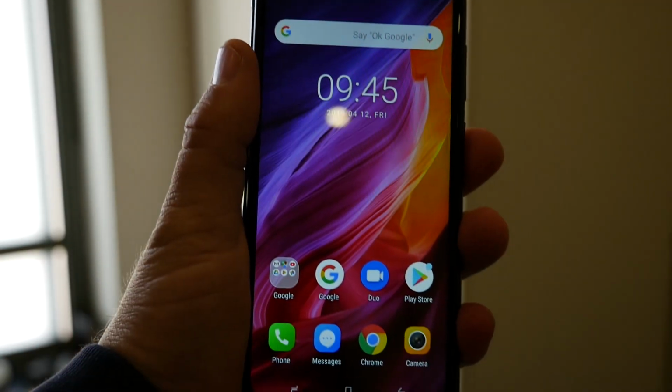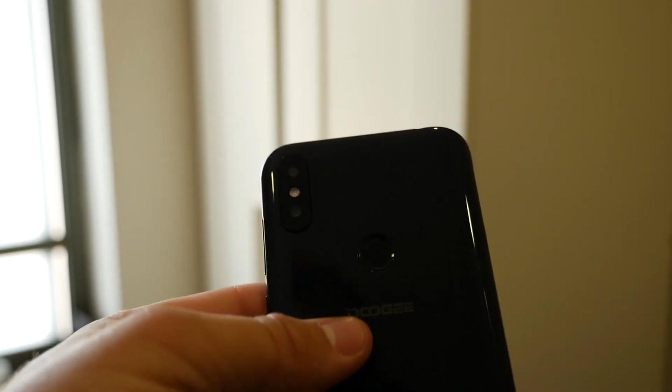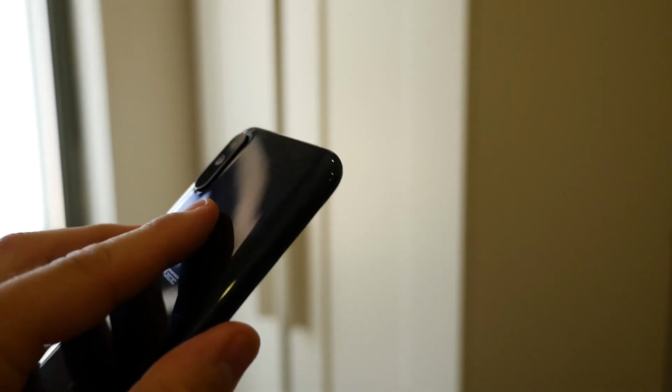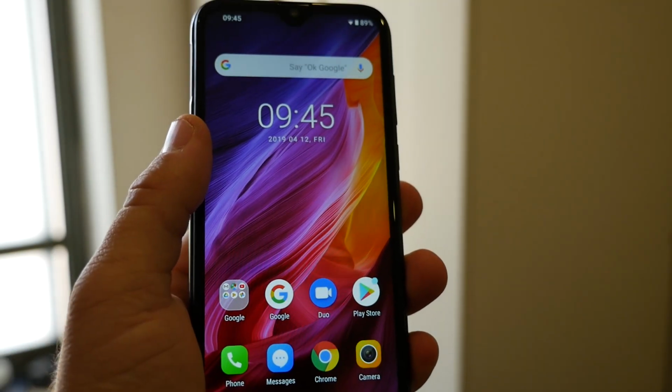Alright, close up it's even faster, and just so you know, this phone does have a fingerprint sensor as well, and it's pretty dug in deep there, so you're not going to miss it. That is what I love about these kind of phones. It is not flush. So yeah, 3, 2, 1. Okay, 3, 2, 1. Alright, so as soon as you tap it, you feel a little vibration, and then the phone unlocks a split